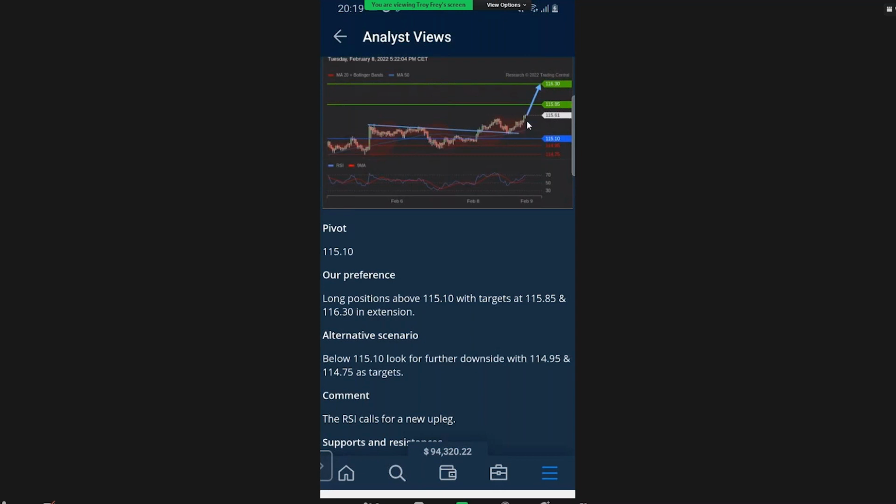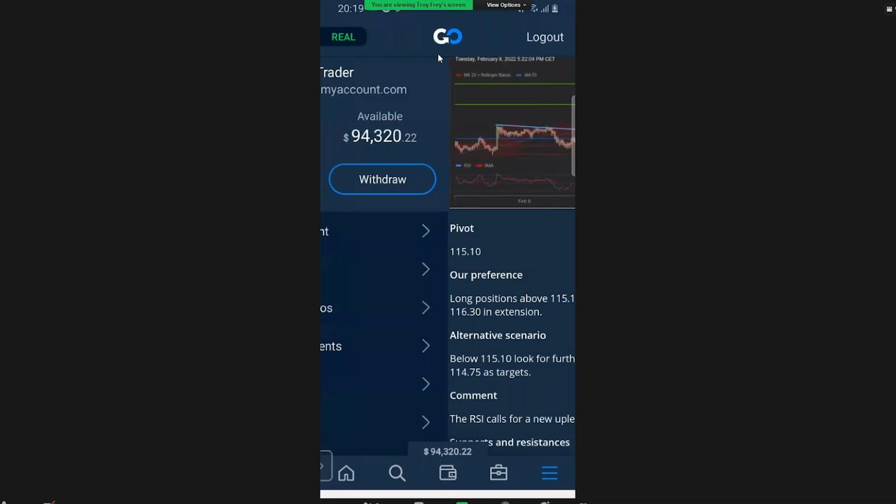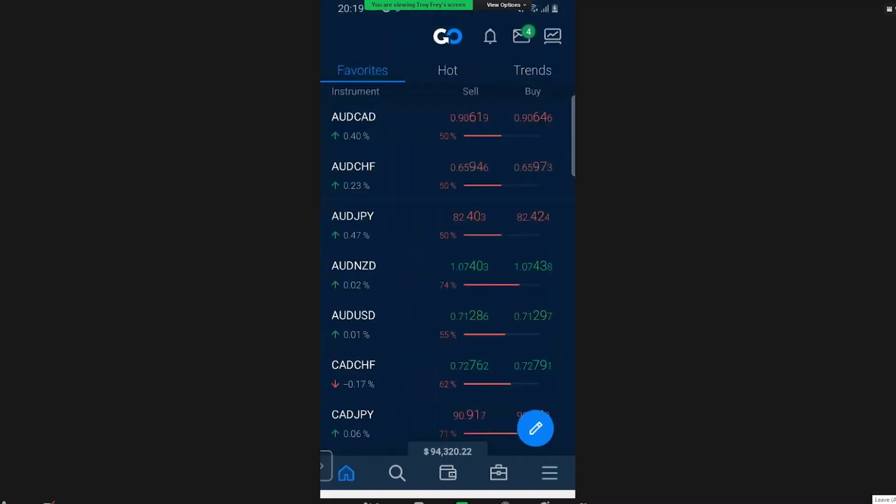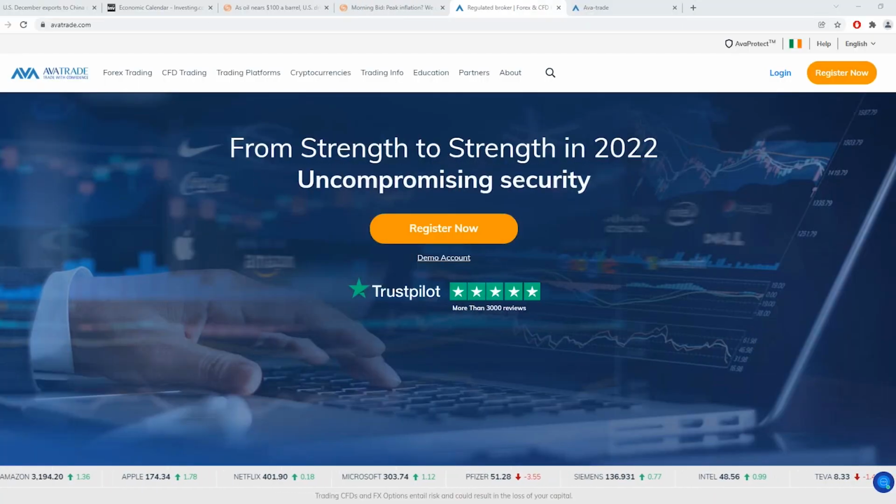So the fact that it's in the signal maybe strengthens your view of the signal if you agree with the technical analysis along with the fundamental analysis that you do for 5 or 10 minutes before you look at the signals. So this is one that might make sense, and maybe we'll look at it on the full screen, and we'll look at some other ideas as well on the web trader. So let me just kind of close this view off, and we'll get on to the full screen web trader.